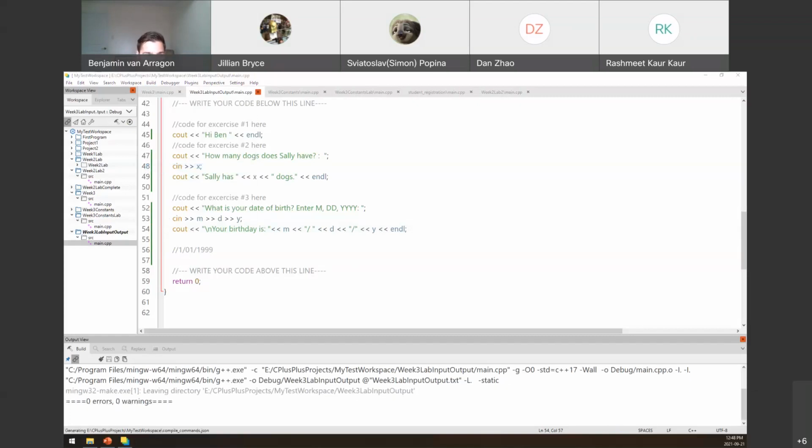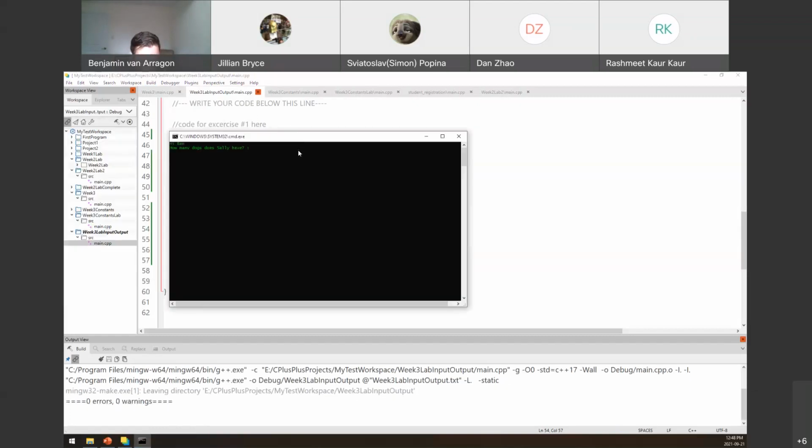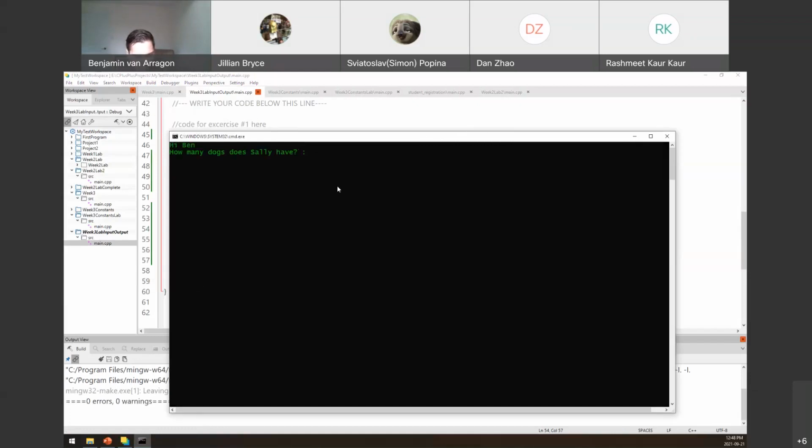This is going to be interesting here, right? Because let's take a look at what we actually get. Sally has 3 dogs. Enter your birthday, 1/01/1999. Okay, so we did actually get the slashes, which is interesting because sometimes you actually have to escape your slashes with these